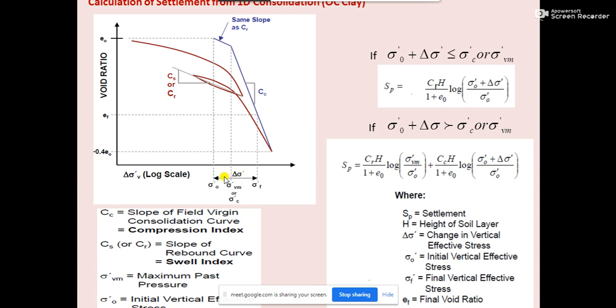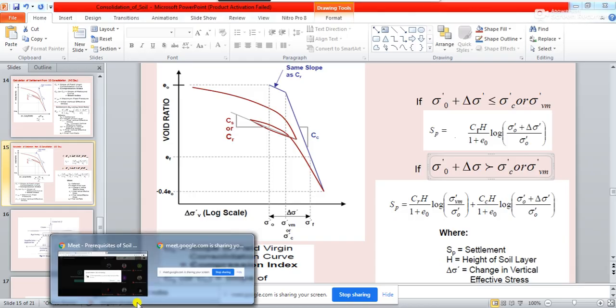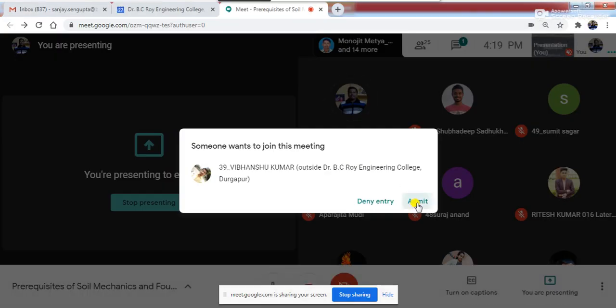That means this delta sigma may be falling somewhere here. There may be a case, मानो एक बड़ा सा पहाड़ था, वो पहाड़ को हटा दिया, तो पहाड़ को हटाने में बहुत स्ट्रेस कम हो गया सॉइल में, राइट? नाउ इसके बाद जस्ट अ मिनट,